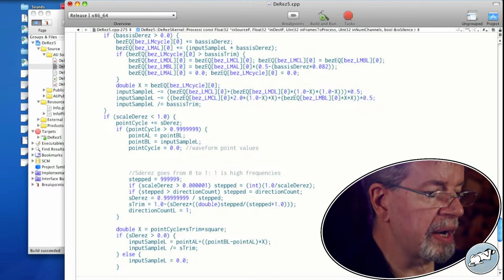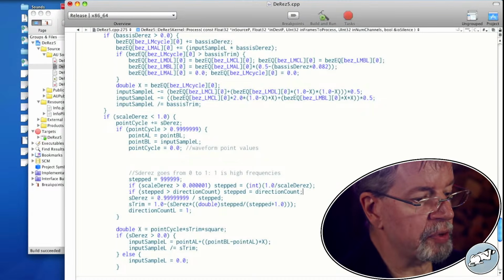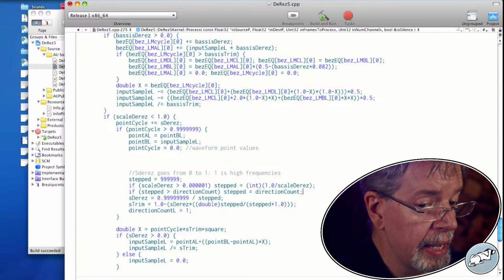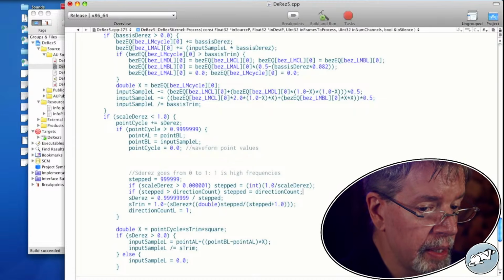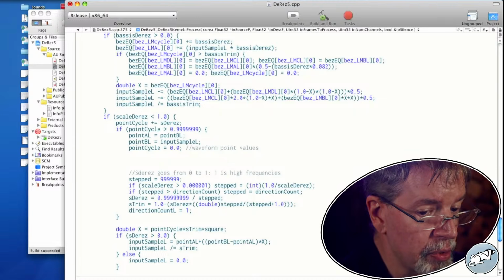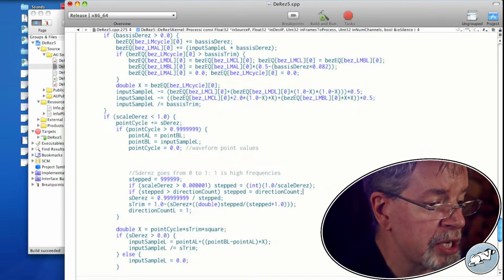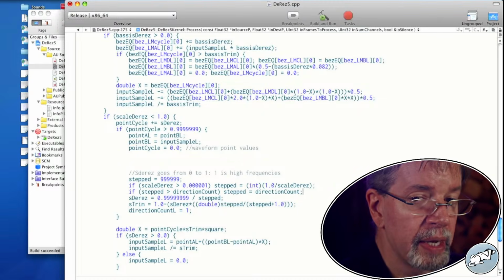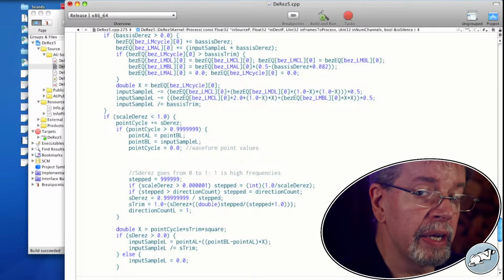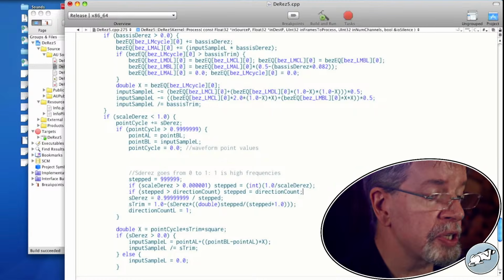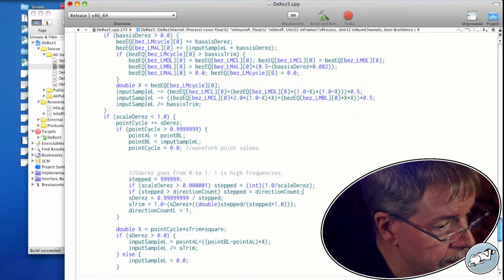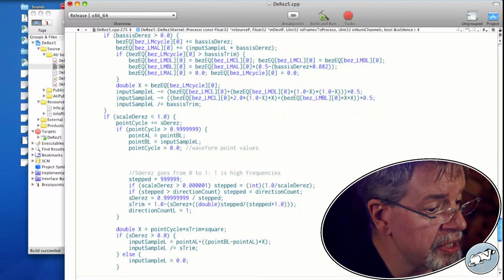We are now overriding in that if direction count, which is tracking how long the signal can run, is reversing itself a lot, direction count is going to be lower. That's going to force the dres to not go down as slow. We've still got a maximum setting, which is the scale dres, but it's only going to be able to do that if there are low frequencies. If there are high frequencies, it's going to constantly force it to higher dres's. That one line of code should have done something.